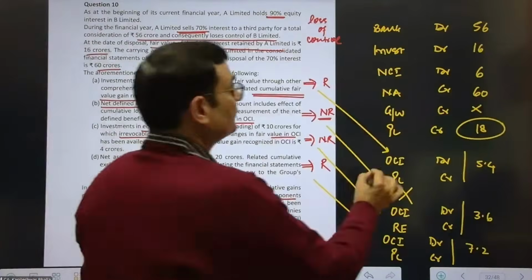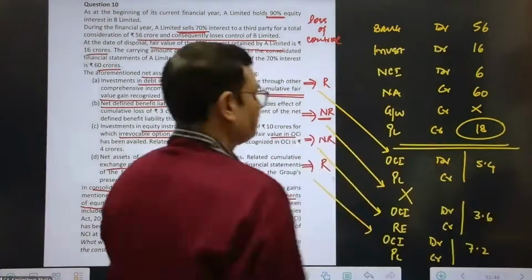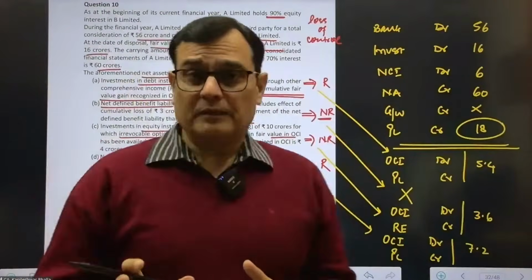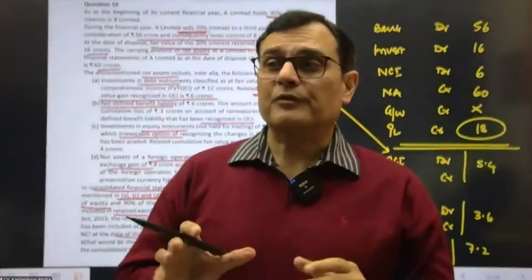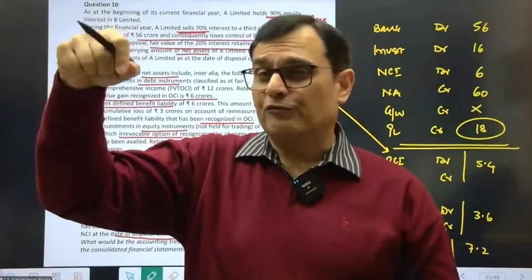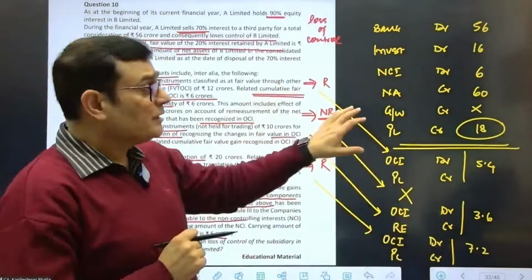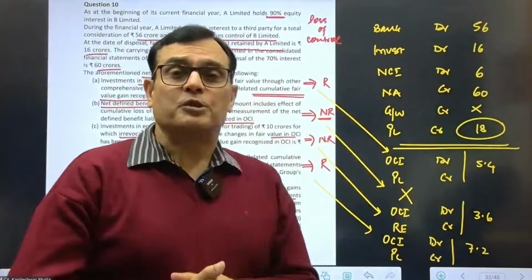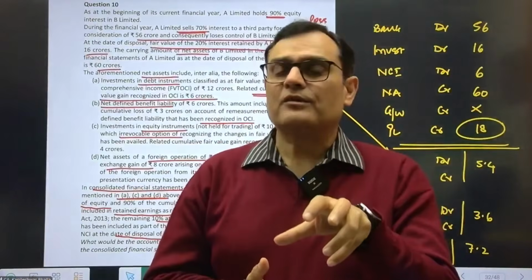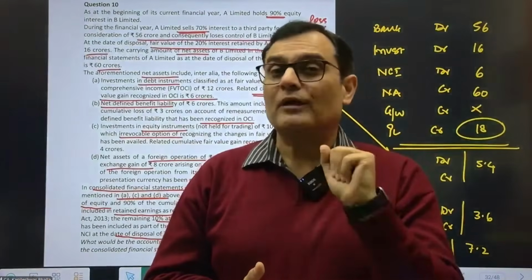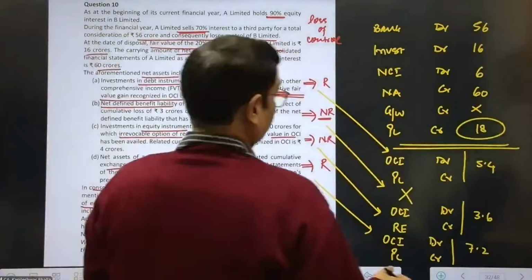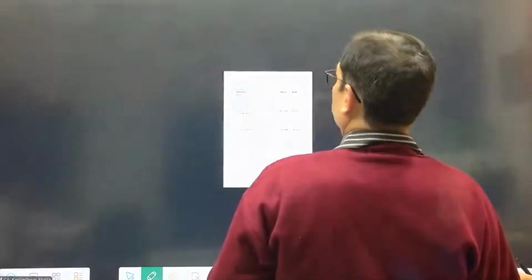So these are 2 different sets of entries which are done, which means the moral of the story is that even if it is a case number 3, because in terms of case number 3, generally what comes to the mind is that you need to put a reversal entry of the acquisition accounting. But the focus out here is that not only will the reversal entry be done, but the amount which got accumulated in the other comprehensive income is to be scrutinized in terms of R&R and then parked in the P&L or RE as the case may be. Right, so I think that's the only question I put on changes in ownership interest.